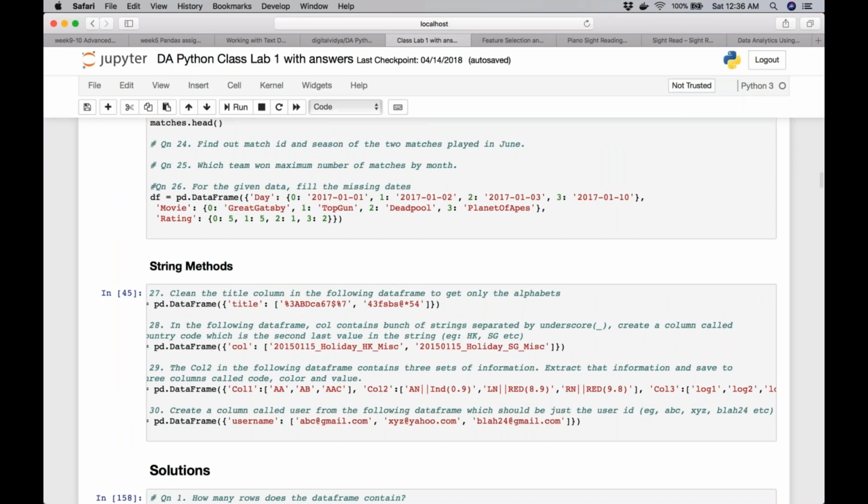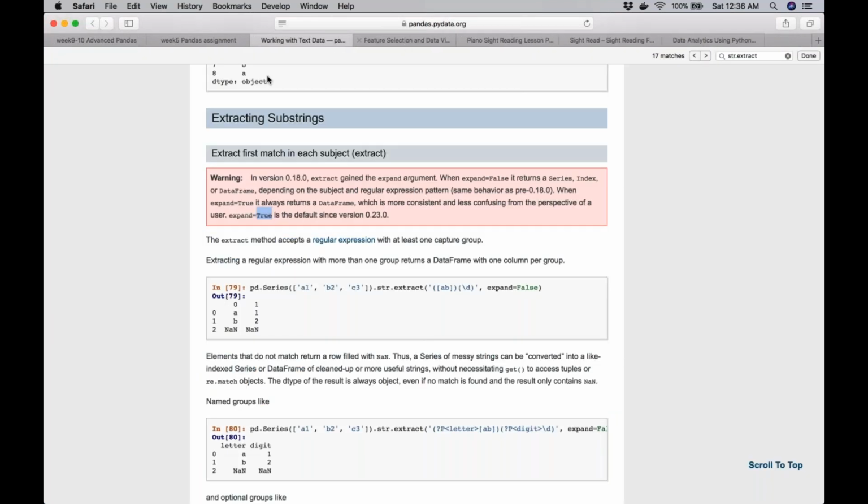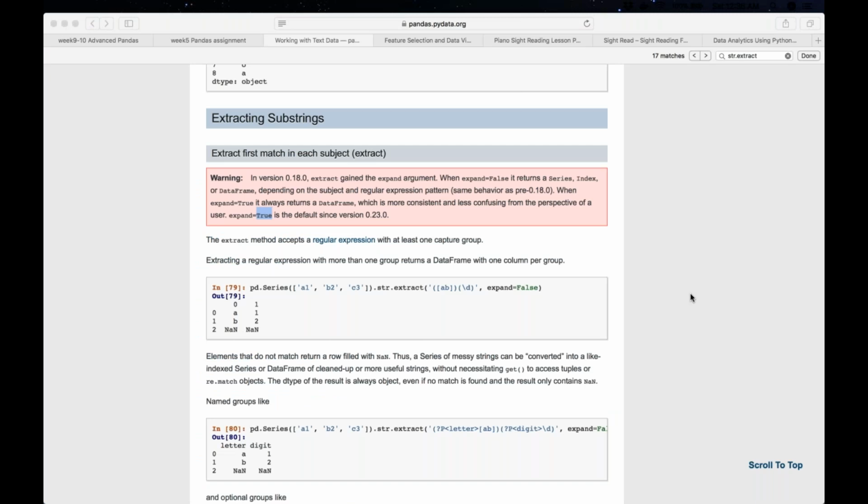So this is an old file. This all should be there in that. I haven't made any changes after that. Visualization class lab, you're saying, Uday?